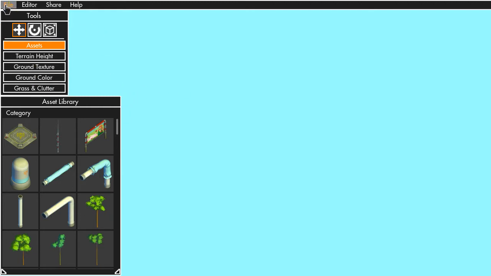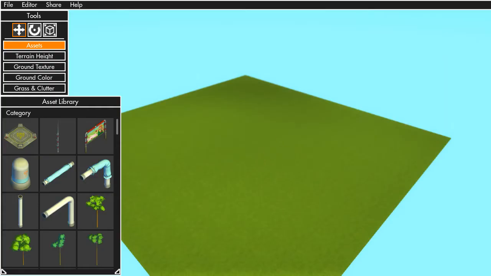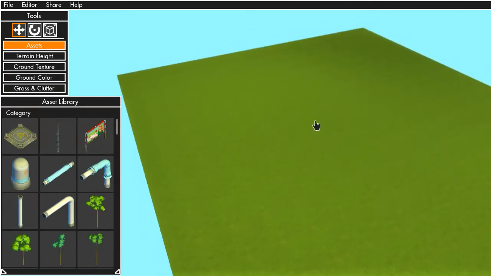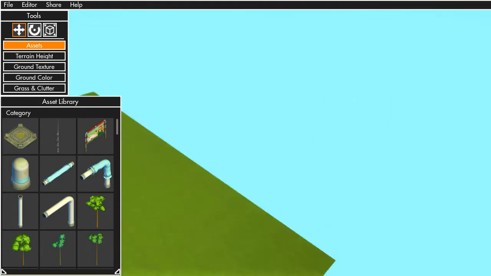And that's right, because to get a map or a tile, you want to go to File, New, then choose how large a tile you want to create. For the sake of the video purposes, I'll make a small one. It's easier to fill. So you just press create, and then if you hold right click, you can turn around,